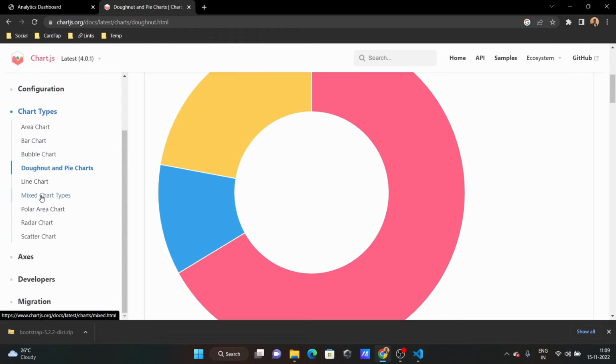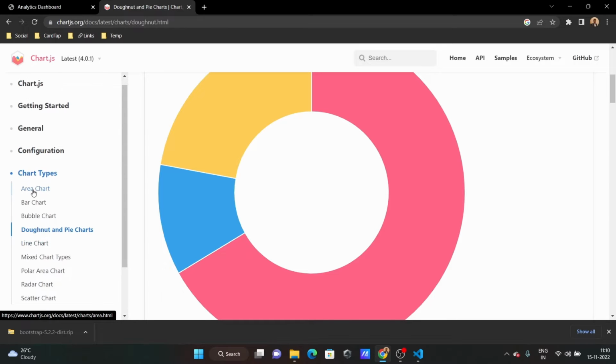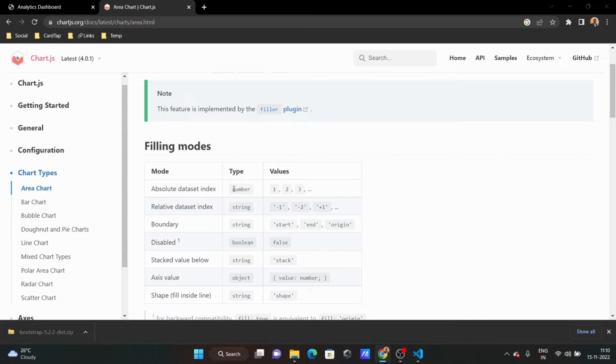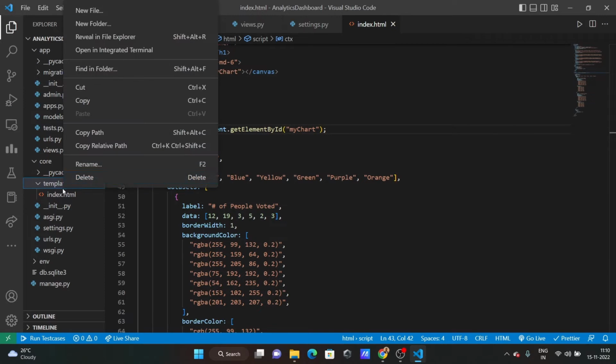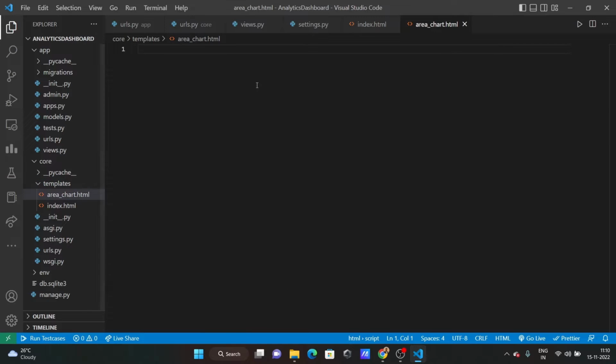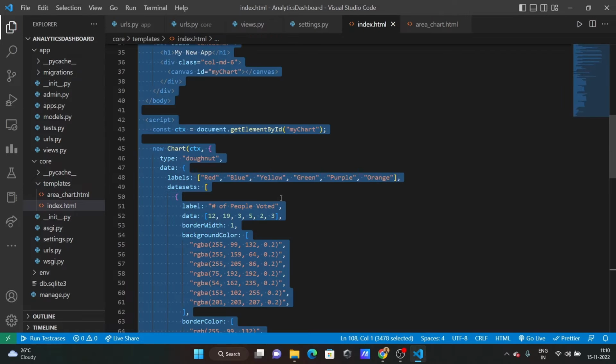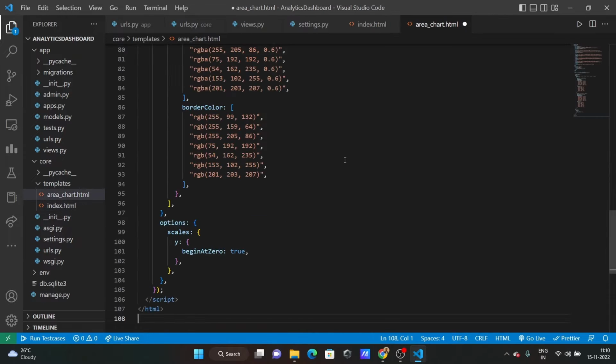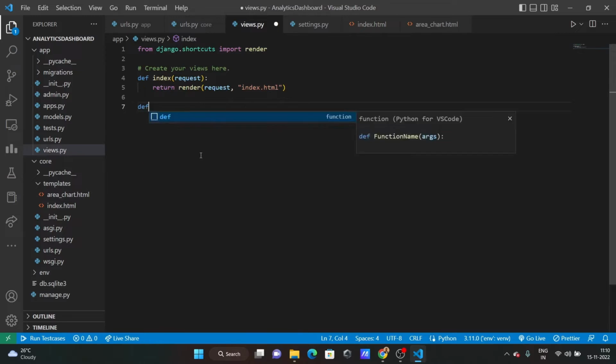Because the initialization of bar chart, line chart, donut chart and pie chart is the same, but initializing the area chart is different. So let's see how to initialize the area chart. For that, I'm creating a new file, area chart.html, and I'm copying the same data here and putting it here. And then in views, I'll create a new function,